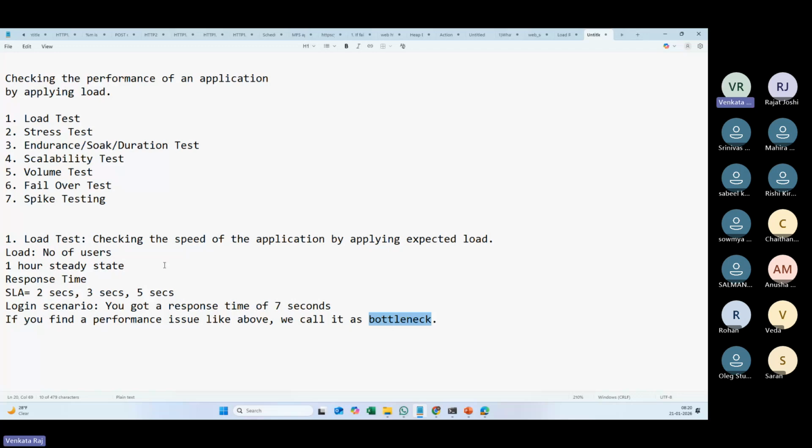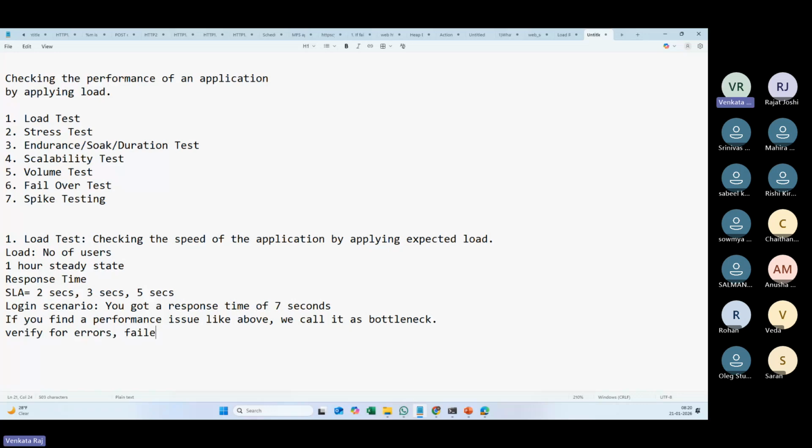So let's quickly go through these important points again. Load test is the first major test that we will run. In every project, this is basically the first major type of test that we run, and it is all about checking the speed of the application by applying some load. The primary goal is to find out if the response times are within the SLA or not. At the same time, we also verify errors,